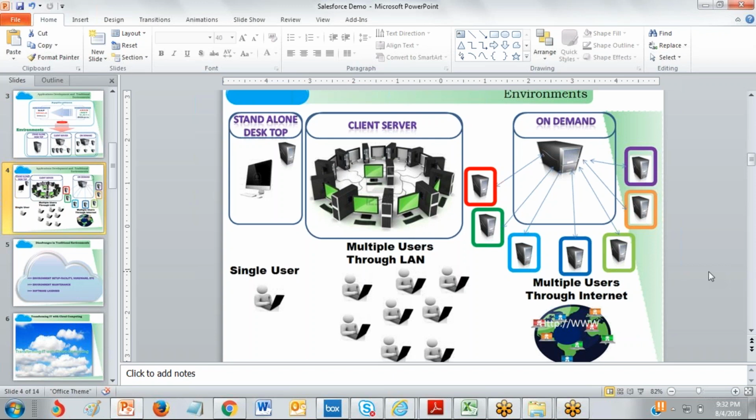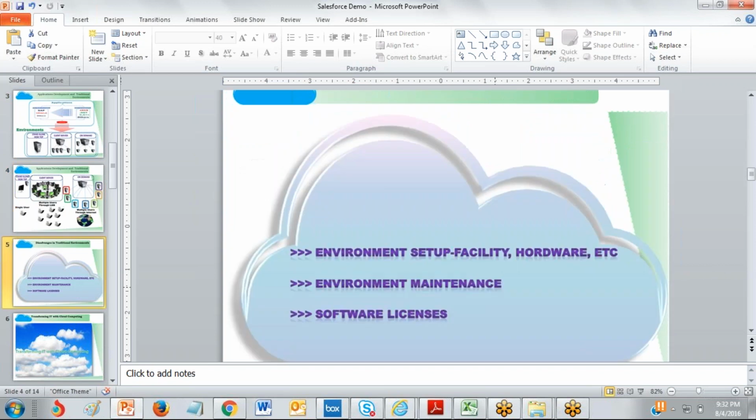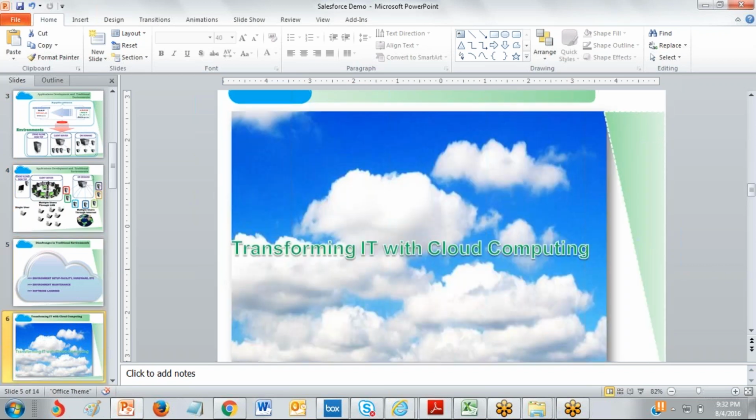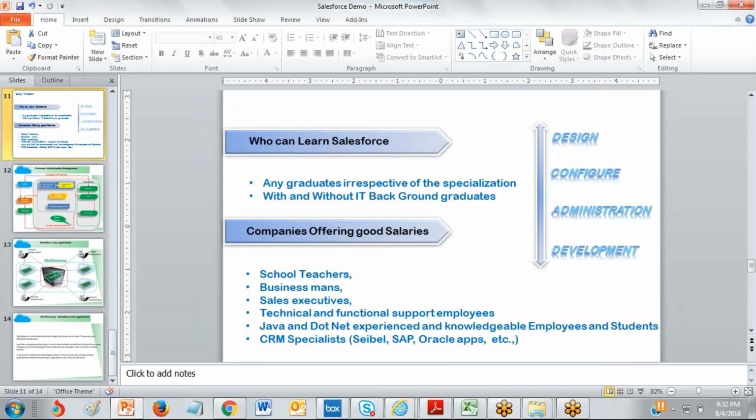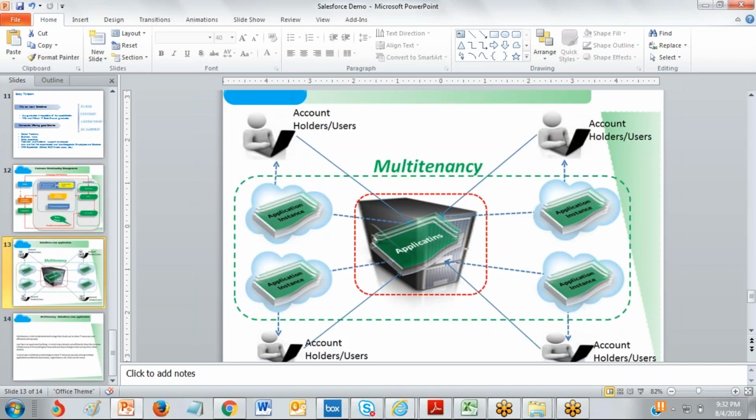To overcome these issues, cloud computing came into the picture. What is the difference between on-demand and cloud computing? In on-demand, the direct application is hit every time the customers use it. But in cloud computing, the concept is totally different.